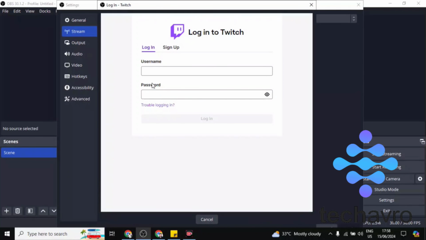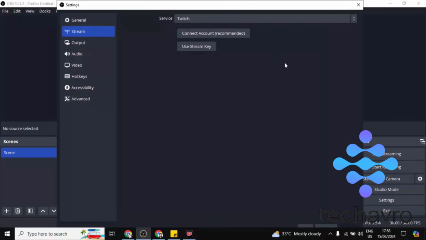Then you will find this kind of page. You have to write here your username of Twitch and you have to give the password of Twitch. After that, you have to click on login. After you click on login, you have to minimize this page and go to the